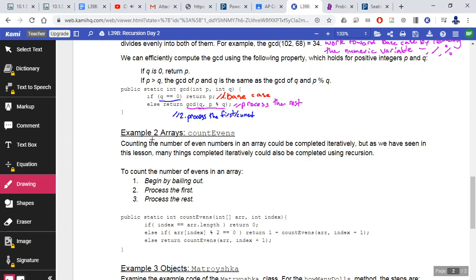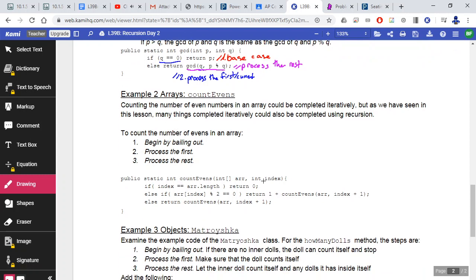Dealing with arrays. Counting the number of even numbers in an array could be completed iteratively, which means with a loop. But as we've seen in this lesson, many things completed iteratively could also be completed using recursion. To count the number of evens in an array,